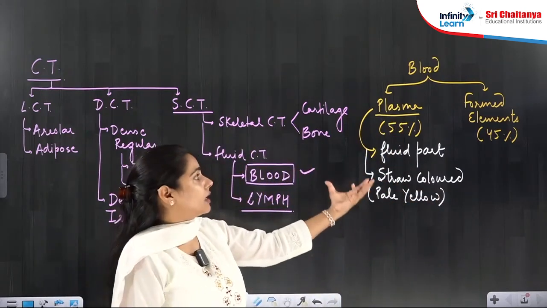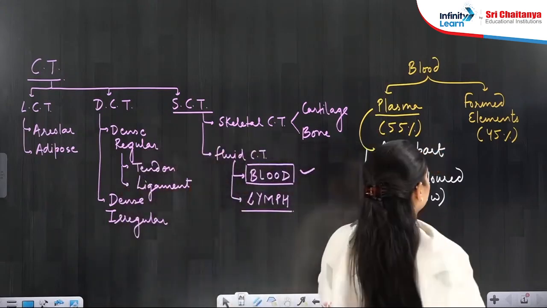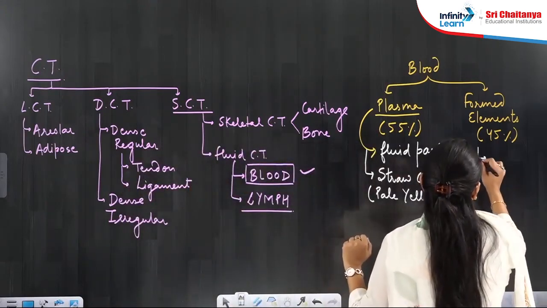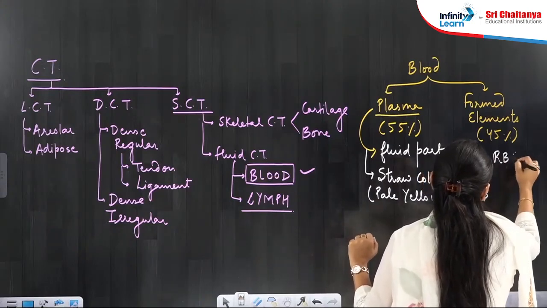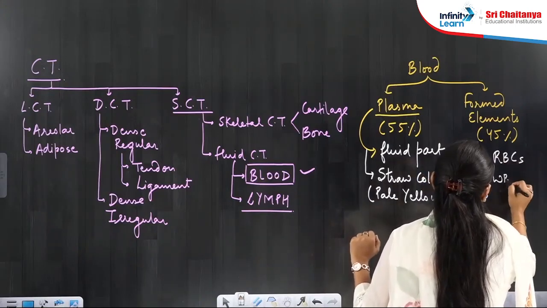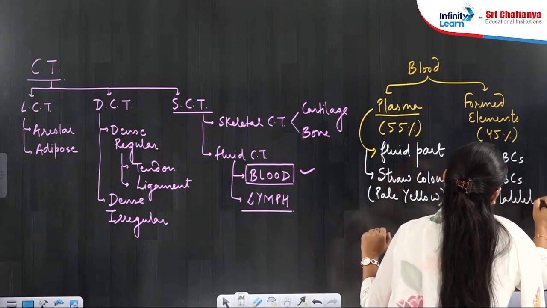First, we are going to understand about the plasma and then we will talk about the formed elements. But let me tell you, formed elements are RBCs, WBCs and platelets. These collectively,